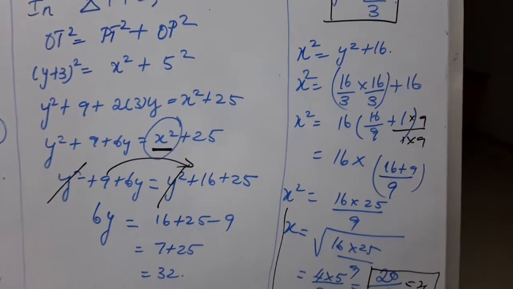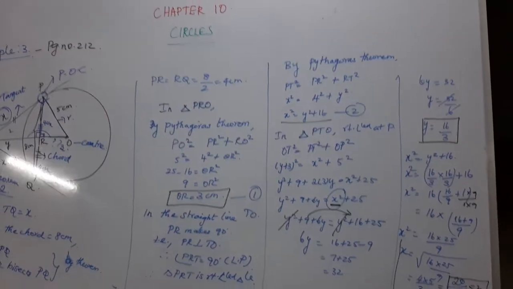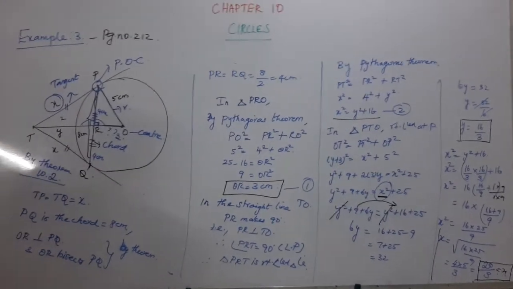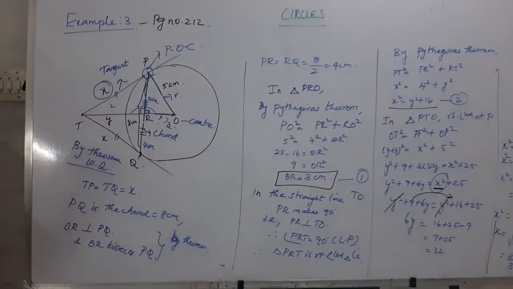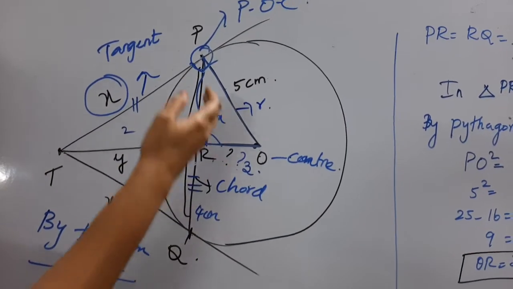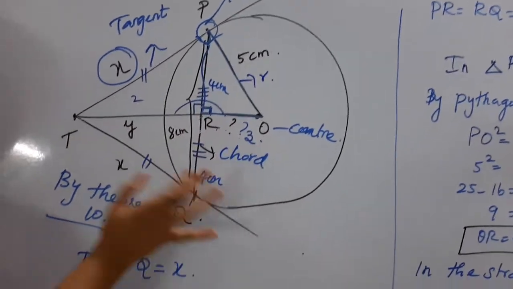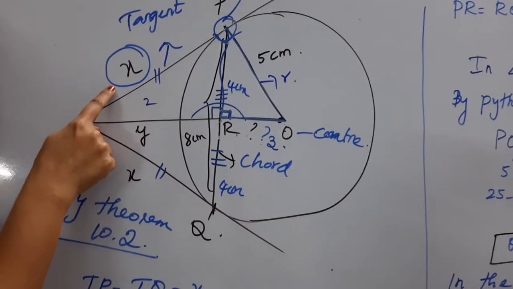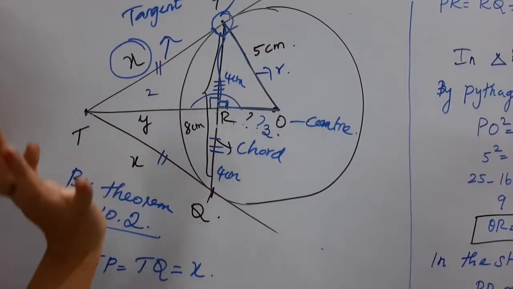So children, don't follow the step which is given in the content book. You will not understand what is that. I'll just give the idea what we have used here. Only Pythagoras theorem we used here. The same diagram is given in the question. Using theorem, we found that PQ is divided into 2 equal halves, 4 cm, 4 cm. The tangent length we did not know, so I consider that as x. Here also we did not know the value, I consider that as y. Radius is given in the sum.